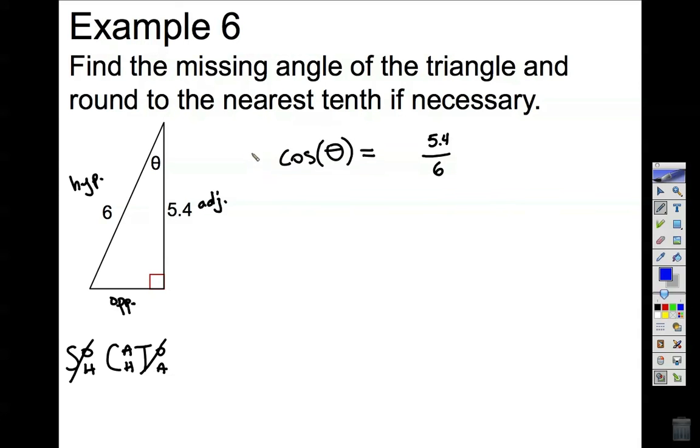I've been showing it to the power of -1. This is another way of how you can write your work on paper. This arc cosine and cosine reduce each other out, and again we're left with theta equals